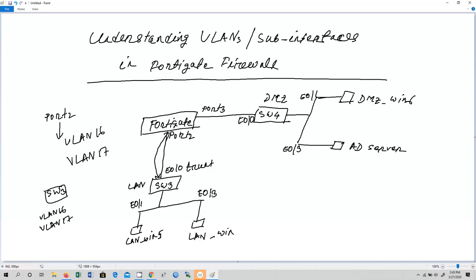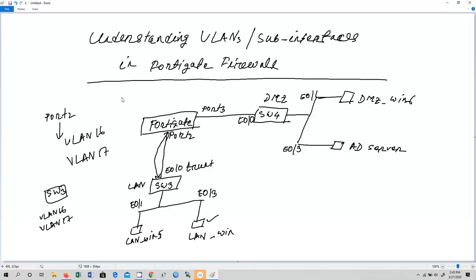So this is going to be switch port mode access in our switch configuration, which is coming in my next video. I will show you the configuration for all those things, and we will assign an IP address in LAN WIN 5 according to the VLAN 16 configuration subnet, and an IP address in LAN WIN PC according to the VLAN 17 configuration. So these two machines will be under different subnets, and then we will check the connectivity between these two PCs.